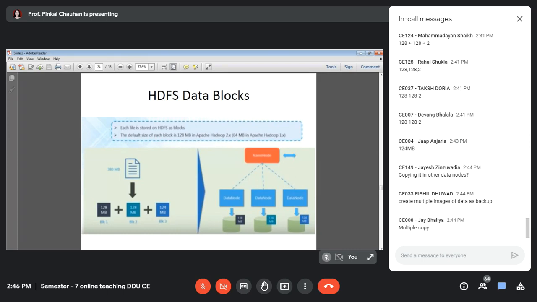Let's say all storage is available for storing data, and the storage capacity of each data node is 1 TB. Then what is the total storage available to you for this Hadoop cluster? How many data nodes are there here?